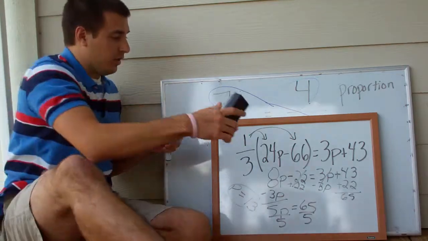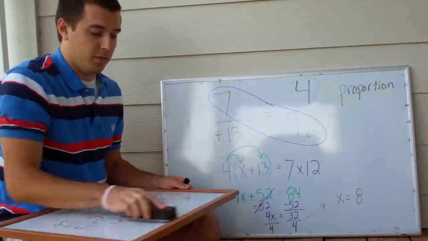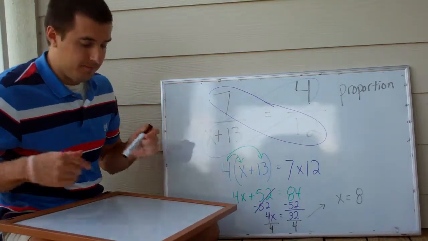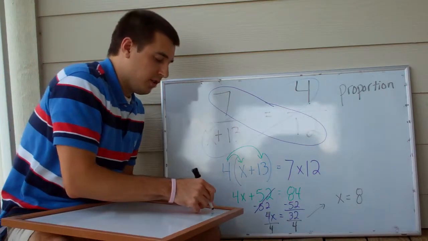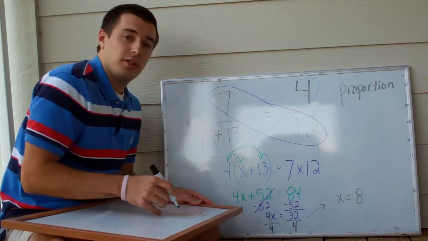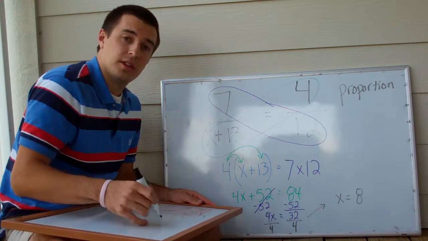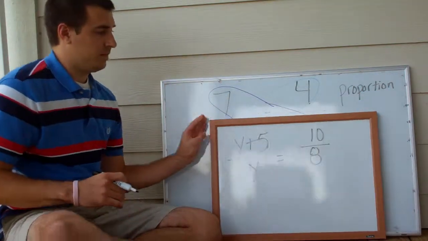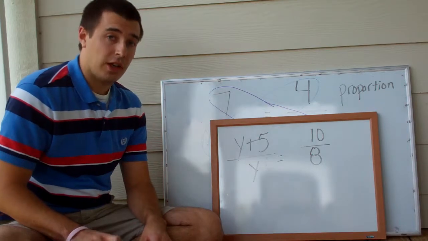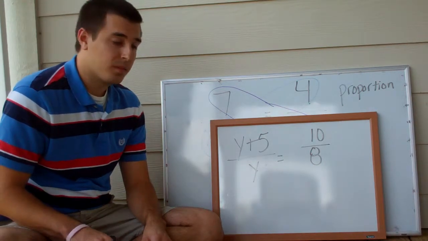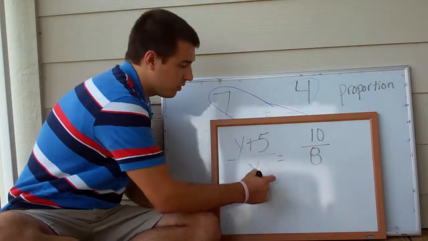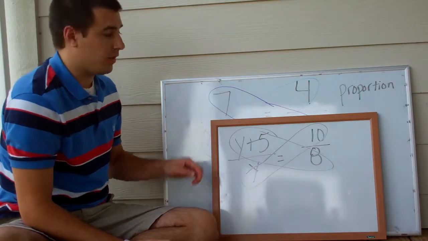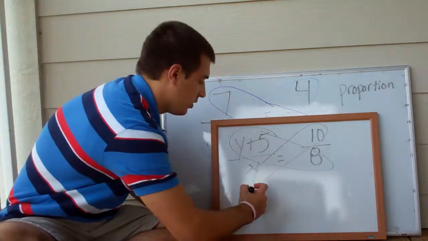Alright, so now let's try a different problem. Let's try a proportioned one this time. So y plus 5 divided by y equals 10 over 8. Alright, so pause again if you'd like to try this one before we solve it together. Alright? So first, we need to cross multiply before anything else. So when we cross multiply, we're going to have